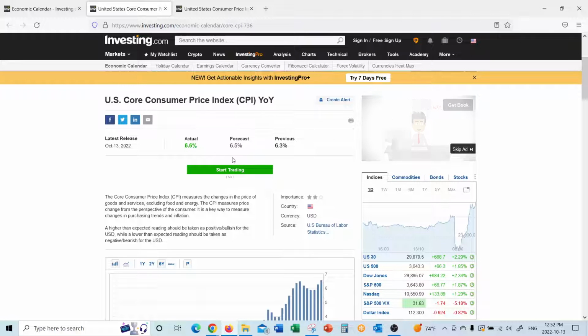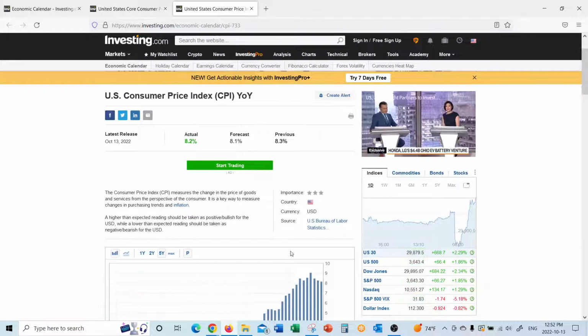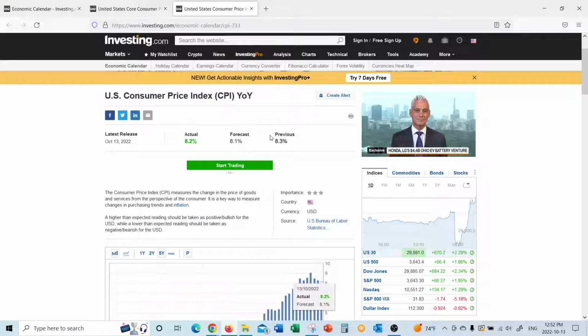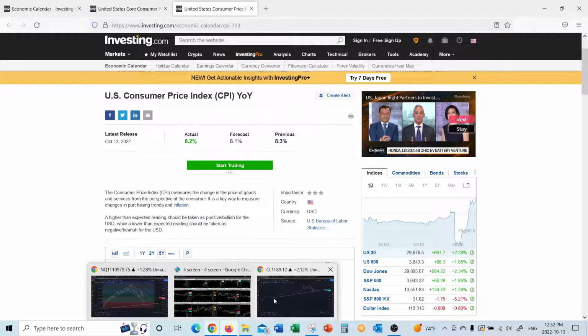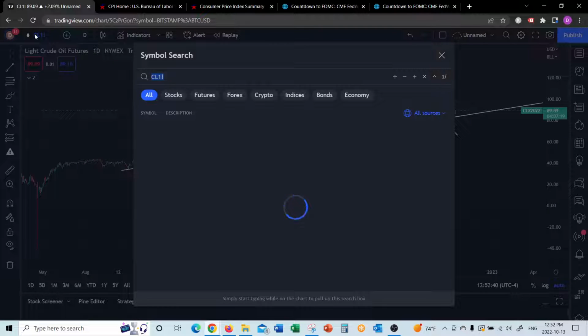So I don't think these numbers that have been dropping down are going to change or influence consumers so much, especially if your shelter is still moving up higher. Or maybe it may balance it out. I don't know, right? But at the end of the day, this number is negative, and if you look at how the markets reacted to this, we take a look at